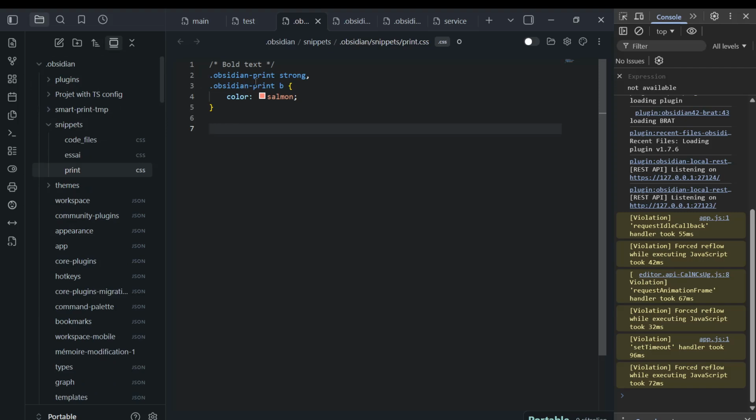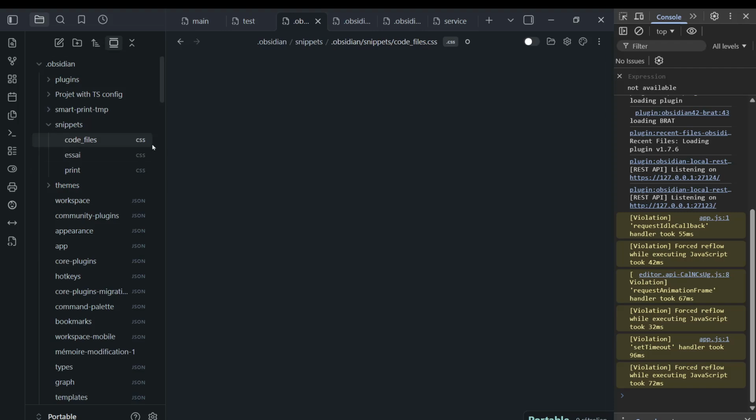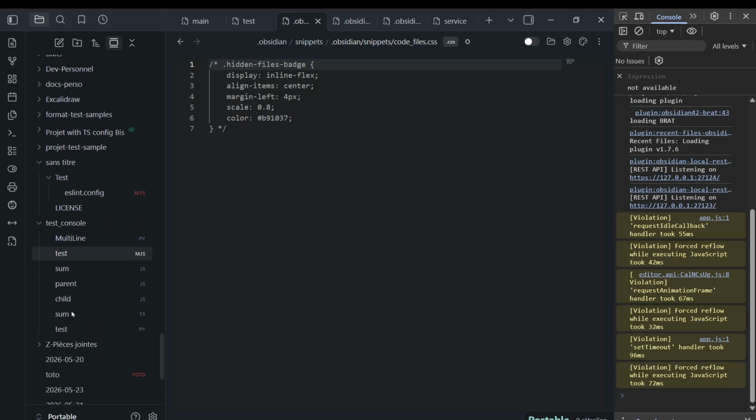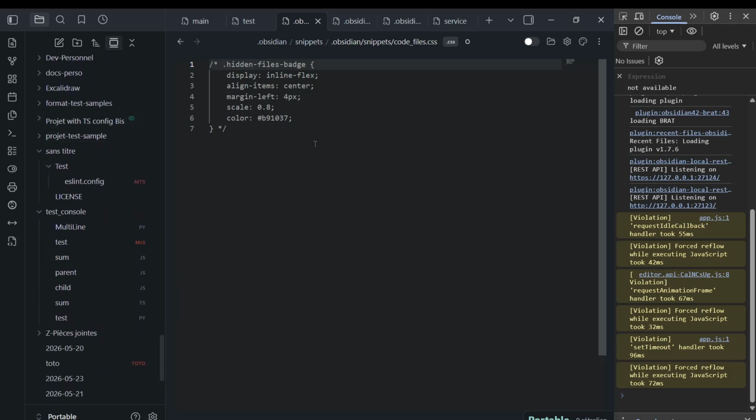I will, so this is obsidian print. No, this one is not interesting, but now I have obsidian there, so I will try codefiles. Okay, so there I have this, so I will uncomment this. So Shift Alt R. Okay,